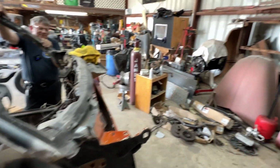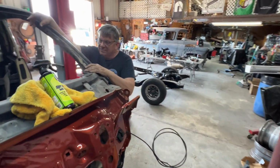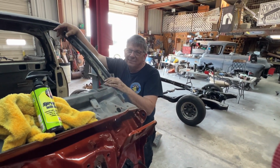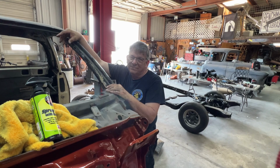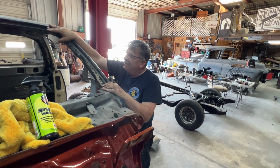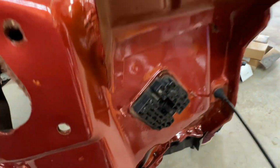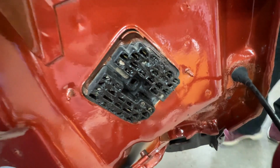I was trying to find a new wiring harness. I couldn't find a new wiring harness. No, there's no wiring harness for this unless you go through Painless Wiring and have them custom make one, and it's going to cost you anywhere from $600 to $1,200. But this wiring is in good shape. I mean, I got to clean this. Yeah, that's what I was looking at. If anybody has any suggestions,